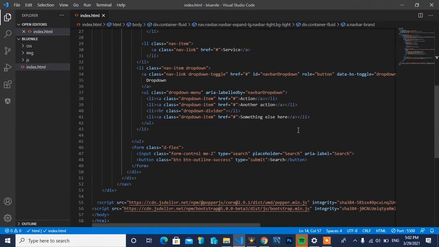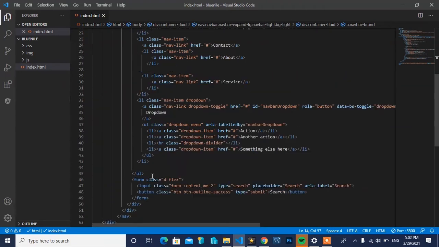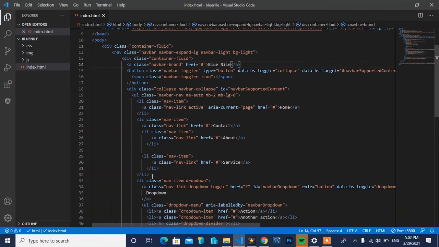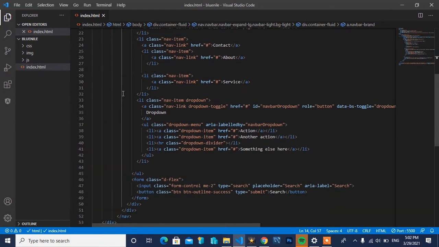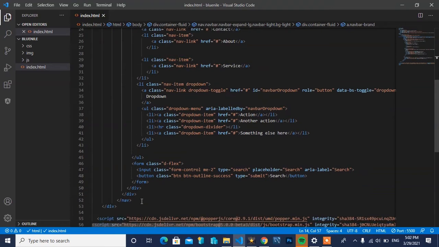So let's go ahead and start here. We are done with our navigation bar, right? Okay, so the next part will be the main part, or the main section of the page. So what I'm going to do is here, let me go ahead. Okay, the nav ends here. Let's say we need to have another